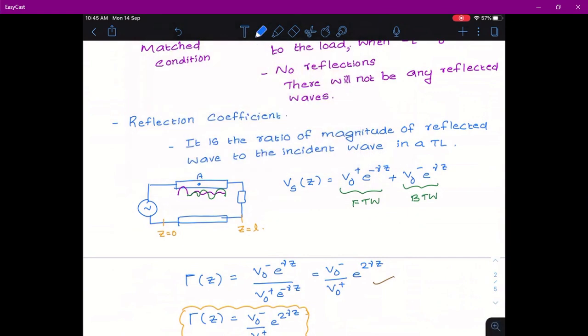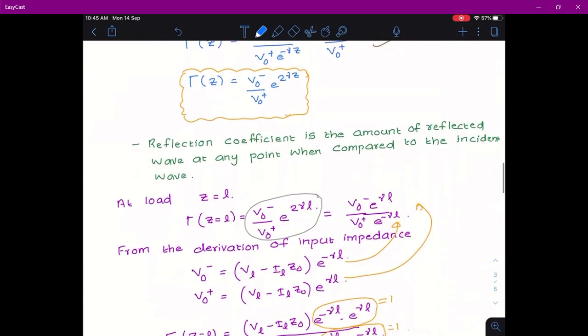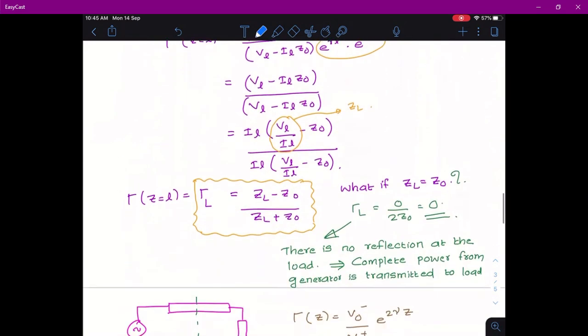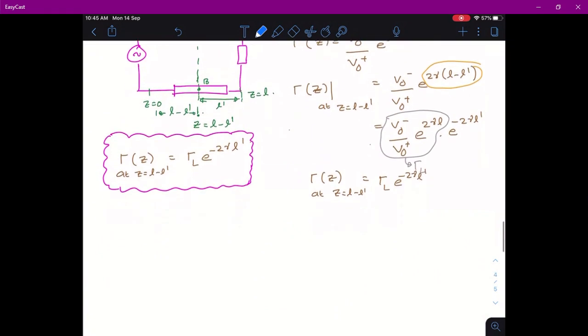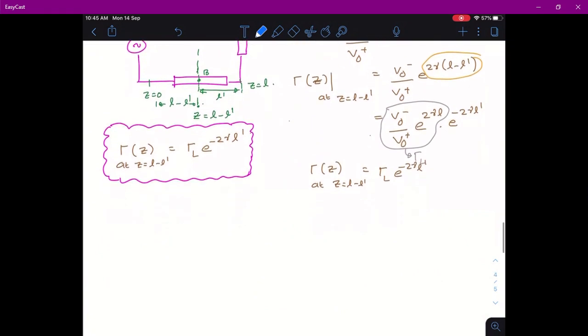So, this is actually the voltage reflection coefficient, because we are dealing with everything in terms of the voltage. We haven't mentioned anything about the current. Similar to the voltage reflection coefficient, you also have a current